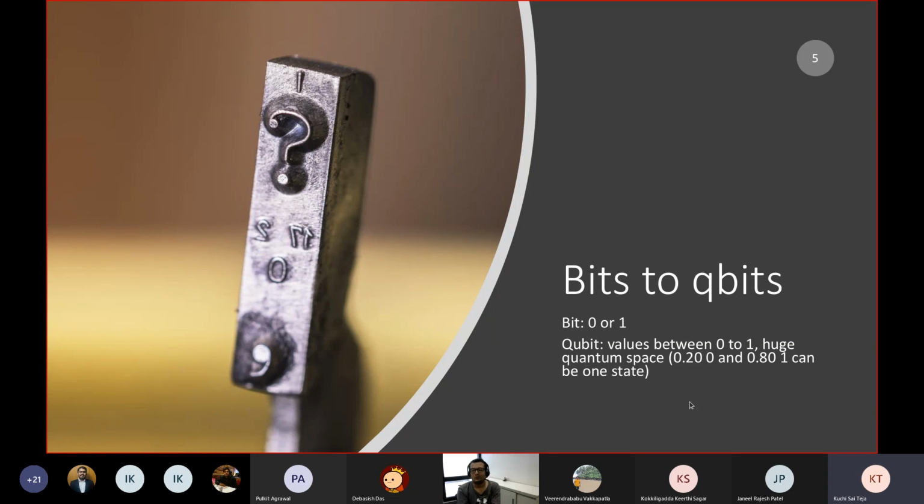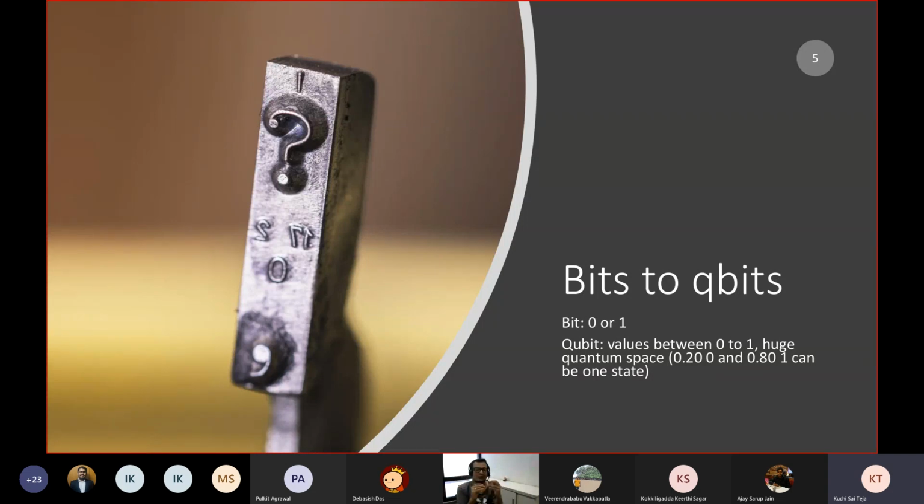I'm just showing you one example of superposition. At a given point of time in a binary system, you'll have either 0 or 1. You can't have an in-between value. But here you can have a state that says, at this moment, probabilistically it's 20% 0 and 80% 1, just as an analogy. You can think about the number of possible combinations you can get because of superposition. You are superimposing, creating billions, if not fewer, of combinations just by looking at the values between 0 and 1.